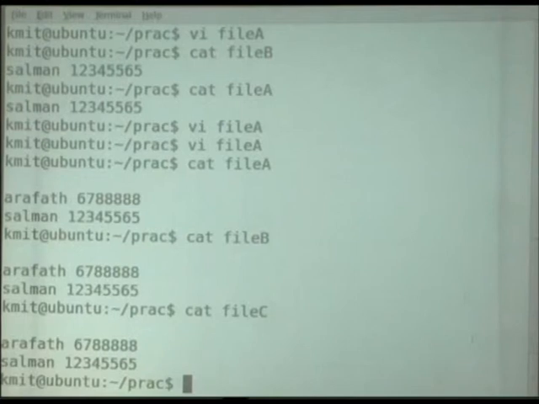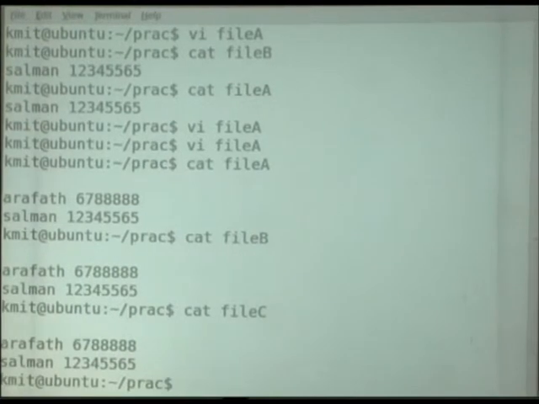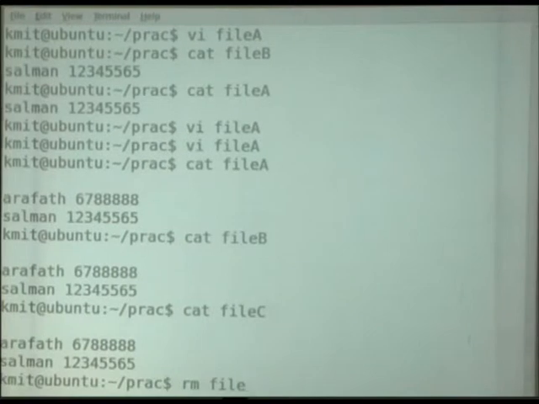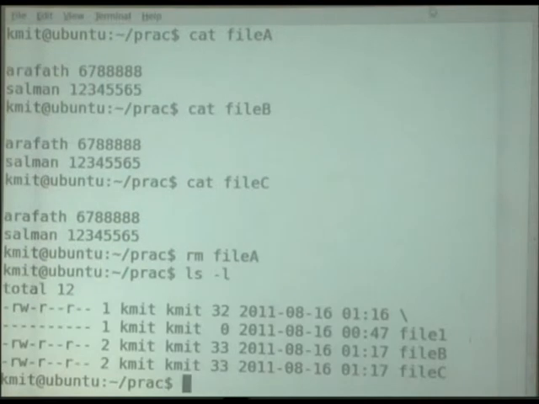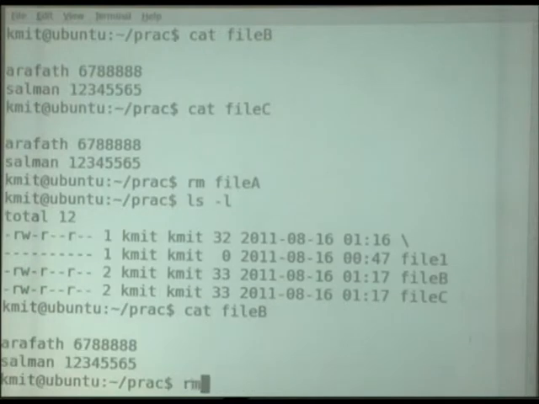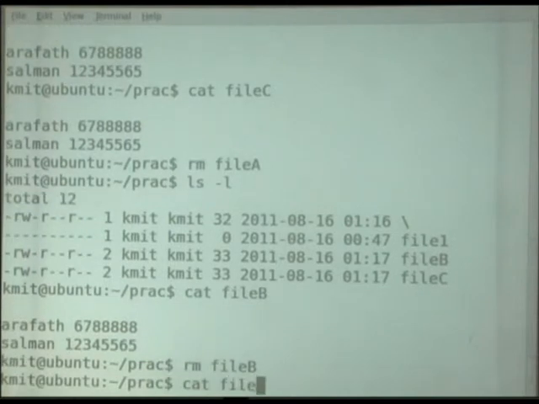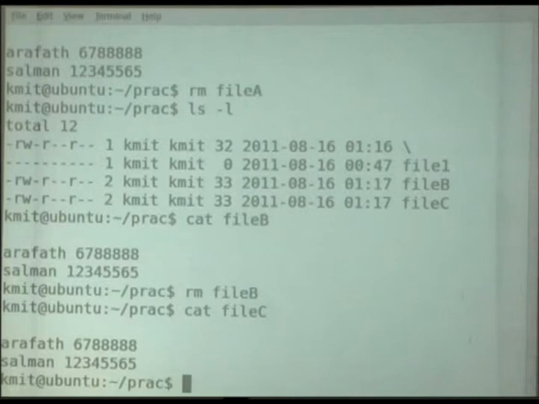Now what happens when I remove one file? For example, the original file was file A. Now I am removing this file A, the original file actually. When I remove this and check the contents, we still have 2 links, file B and file C. I could still access them with the help of those names, file B and file C. Again, when I remove file B also, I can see the contents of this file using file C. It means that when you create a hard link, even if the original name by which you created the file is deleted, it is still possible to access the contents of the file.